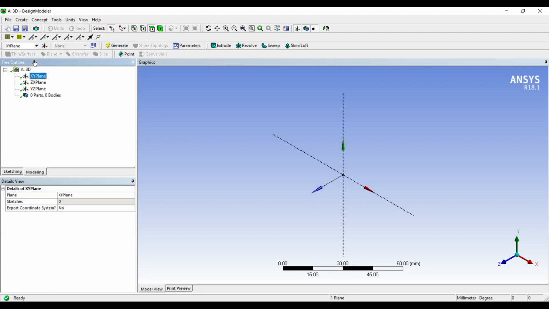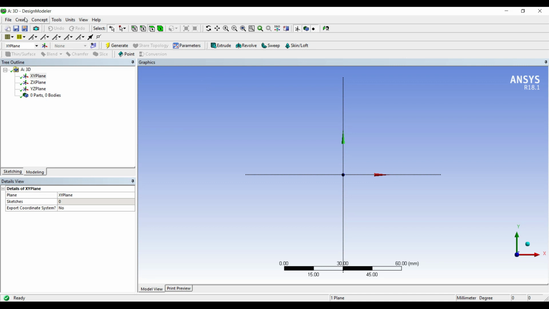Unit, millimeter, XY plane, look at. One more point, that is whether you do an analysis in ANSYS in 2D or 3D, the result is going to be same. To prove that point, I am doing this analysis as well. So I will be assuming the same geometry in 2D and in 3D. The dimensions will be the same. The difference in 2D and 3D is that one dimension is less. So the thickness of the body will not be present in 2D, which will be present in 3D.